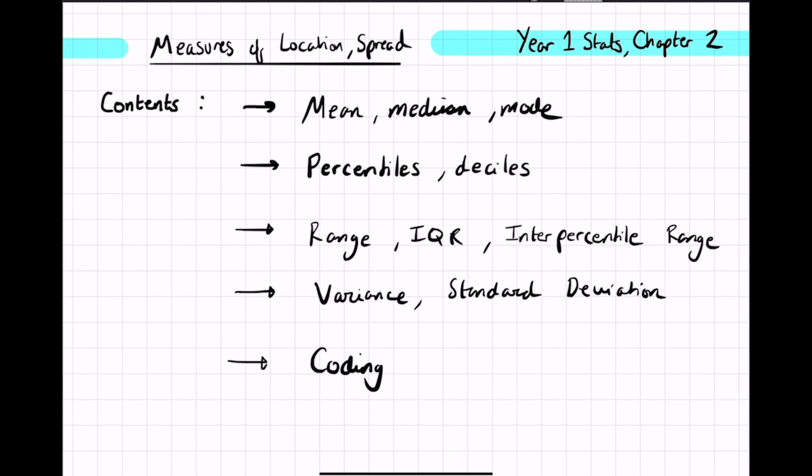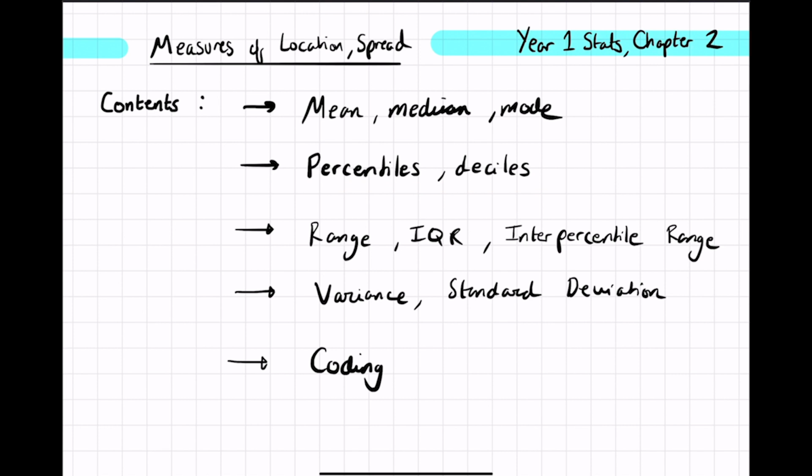So this is the second chapter normally in year one stats that most people cover. And it's not too difficult a topic because a lot of the stuff that you'll cover in this chapter you might have seen before. So things I will look at in this chapter will be stuff like the mean, the median, and the mode, which you'll have seen many times before. We'll just look at a few ways to do some calculations on this and the kinds of questions you can expect. Apart from that, we'll take a look at something called percentiles and deciles, and you'll probably know a little